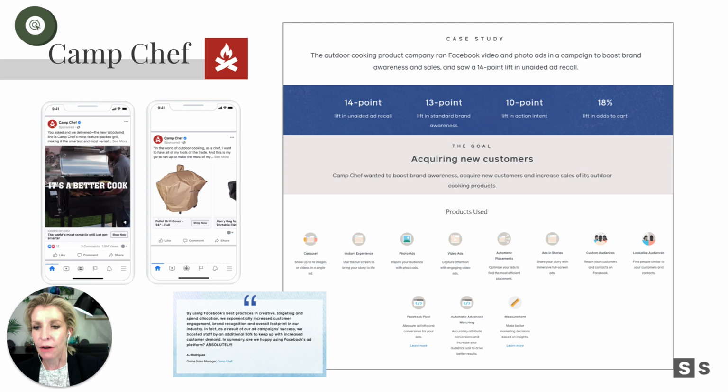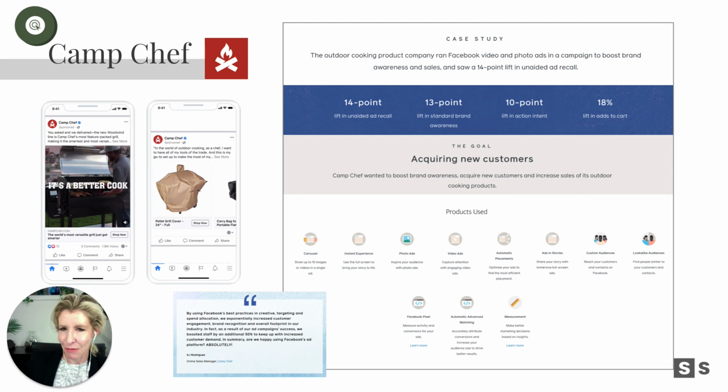So, and then we've got our headline, the world's most versatile grill just got smarter, shop now. And maybe I'm not ready to shop now. Maybe you want to think about learn more, but that's a CTA, a call to action worth experimenting with. Remember, we've got to A/B test things. Do people like shop now or do they like learn more or click now or whatever? Okay. And then a secondary ad there where we can see it looks like a product carousel or a collection ad, I should say, that's tied to their collection.